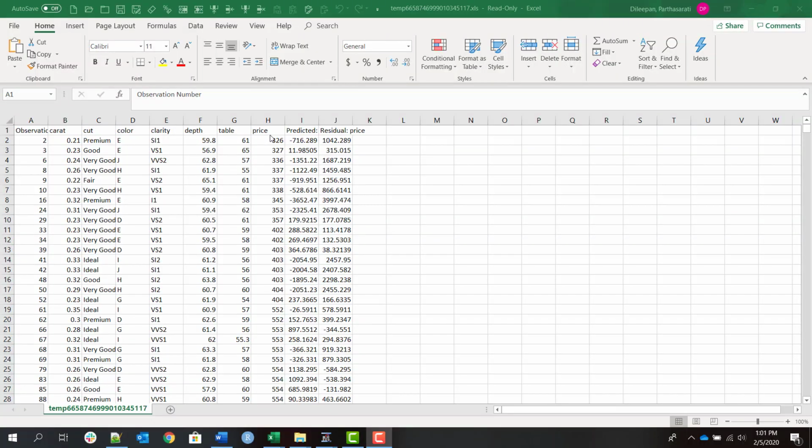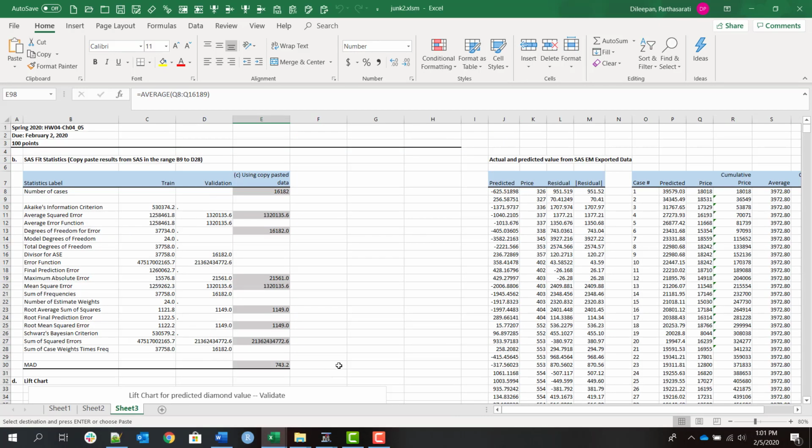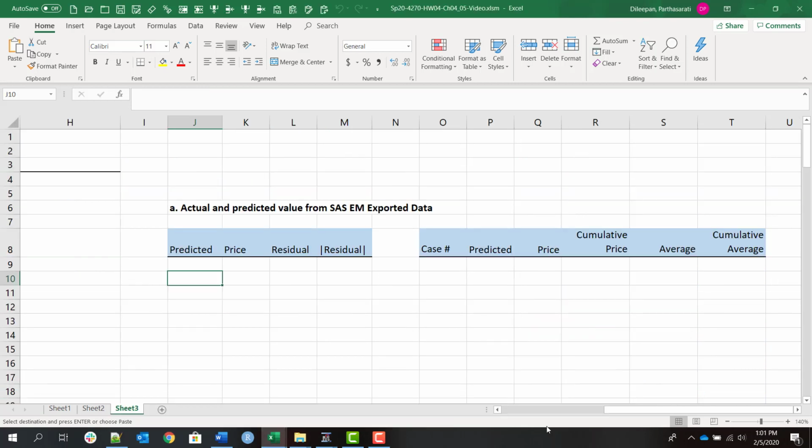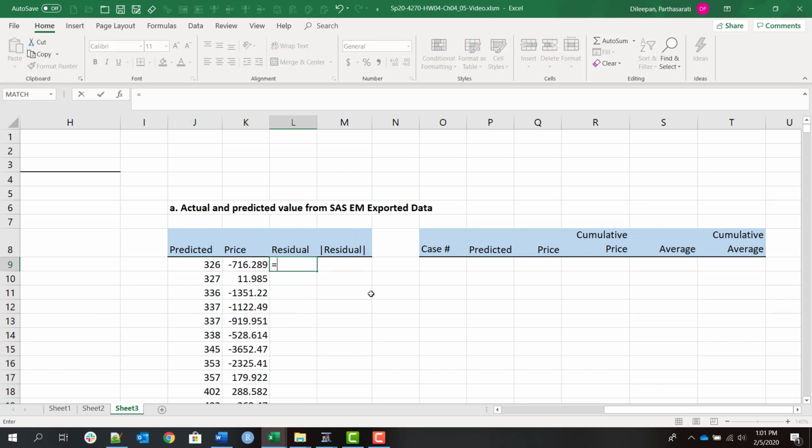So we have to copy paste the actual value of the target and the predicted. So I'll start from here, these two columns. Okay, copy. And we paste here. Okay. So now residual would be predicted minus, I'm sorry,